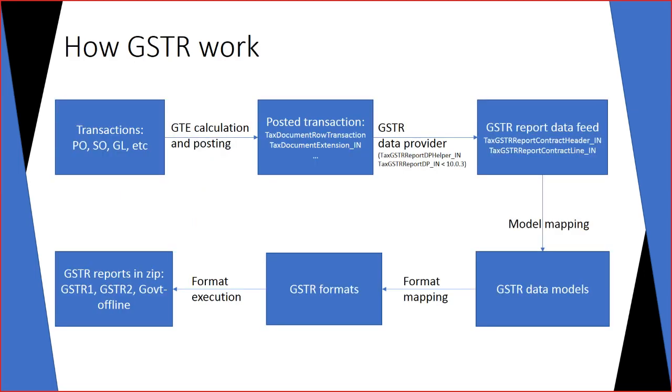First, how the GSTR report works, or from the GTE perspective, how GTE and GSTR, the whole solution, works. In the system, first of all, you will create transactions, for example, a purchase order, sales order, or general journal. Then you provide the data of the purchase order, sales order, and the GL to the GT, and the GT will calculate and post, and then generate the posted transaction,